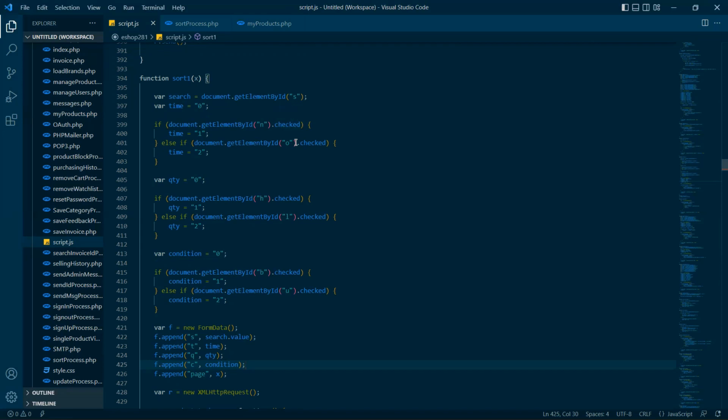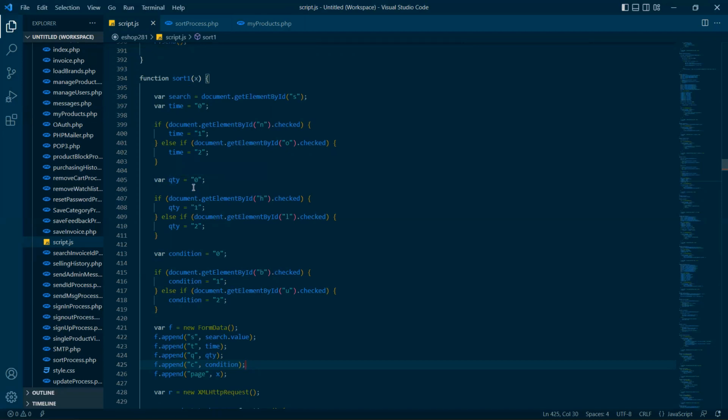Checked means we chose that ID. If it is chosen, we will give the value of time as 1, and if we check the O, then we will give the value as 2,